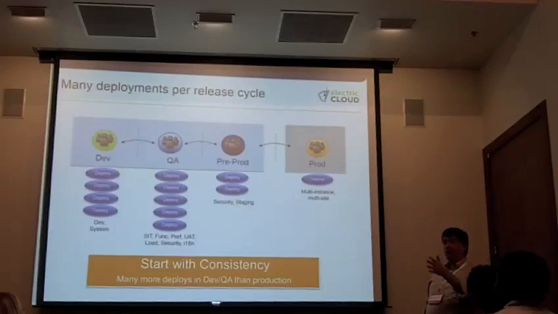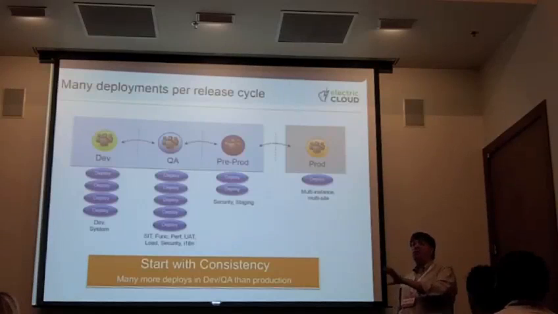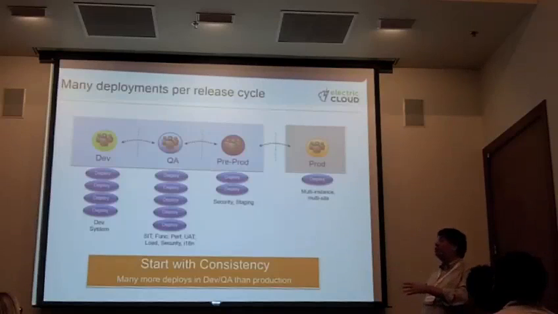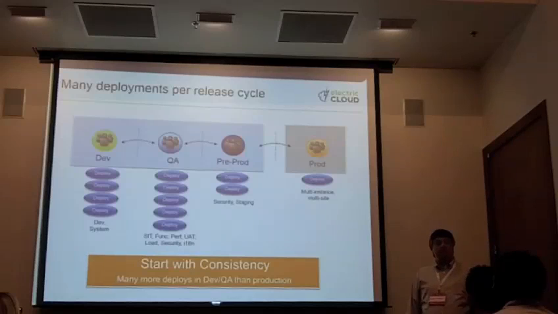By getting to the point where we've done the same process repeatedly over and over, granted to different environments with different constraints and maybe even missing pieces as we go along, you're going to get better and better at doing something. The only way that we get better at doing something is to do it often. And if you're only doing deployments every 90 days to ops, you're not going to be good at it. It's going to be the first time every time. All of those kinds of things that we talk about in the ops space.